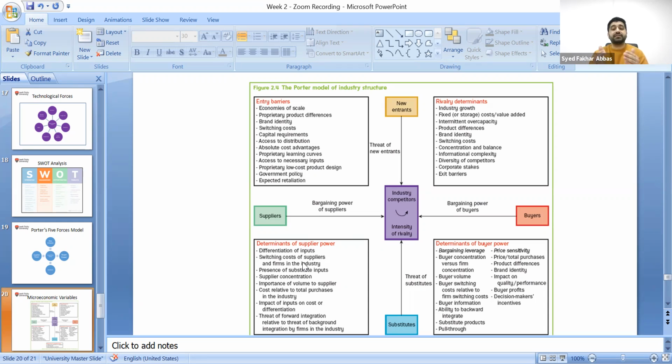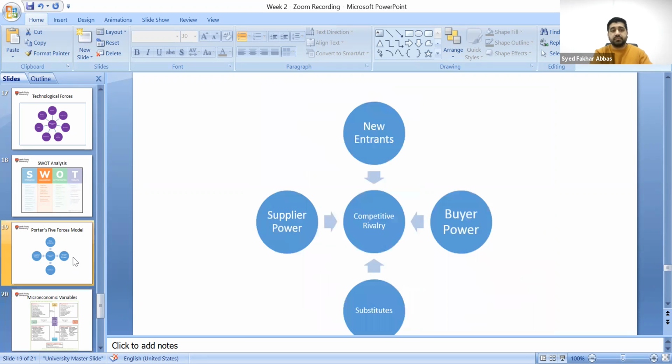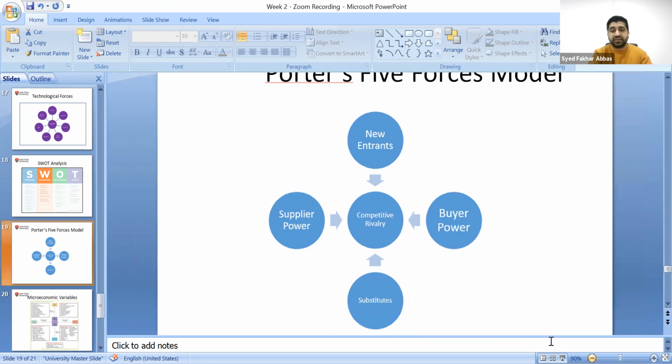So we have to analyze the cost price. We have to analyze the quality of raw materials, and then we have to think about the industry cost, etc. So these are all factors when we are talking about the bargaining power of suppliers. Every company analyzes the bargaining power of suppliers, and then they act accordingly. So these are all different factors which come under Porter's 5 forces. All organizations, all companies, try to analyze these factors.